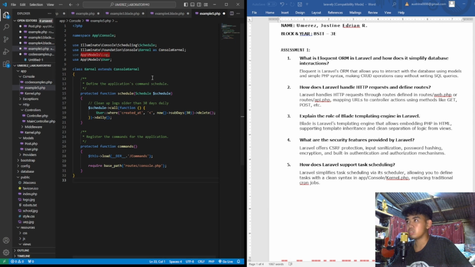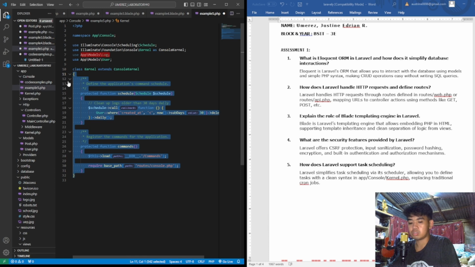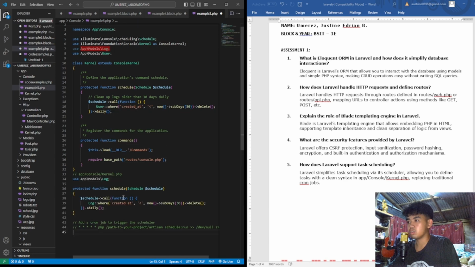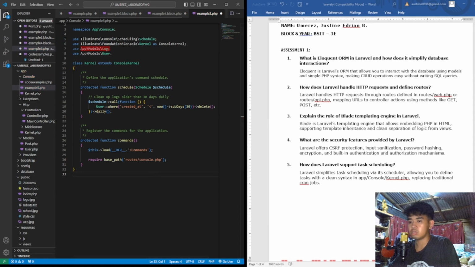So in this example, wait, let's replace the example. Here is the example. Okay, so in this example, we're scheduling a job to delete logs older than 30 days